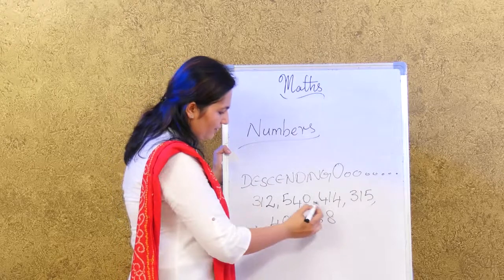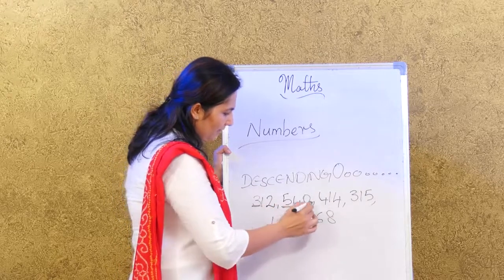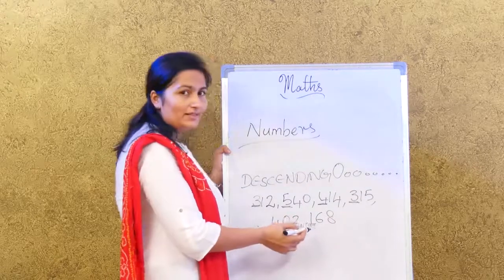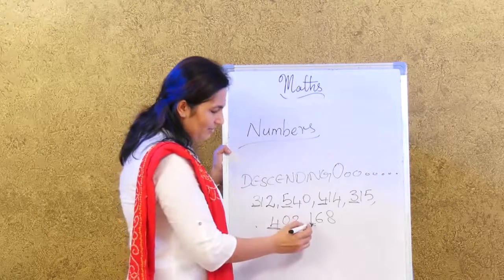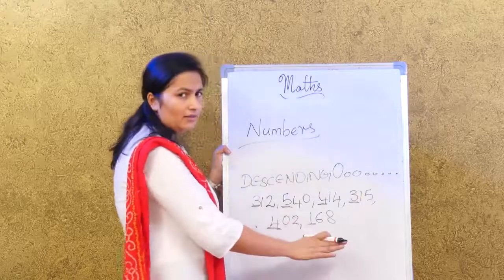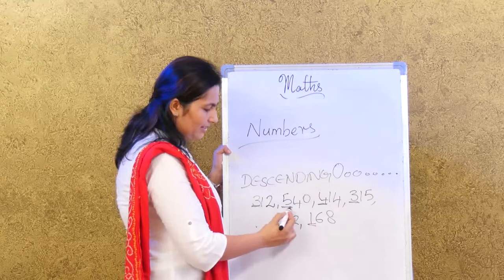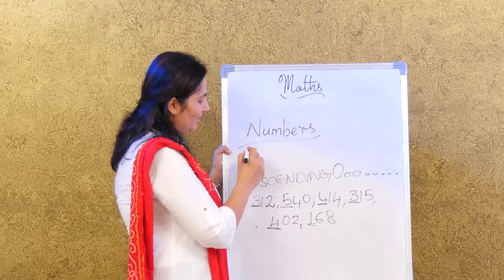3, 5, this is 3, this is 5, this is 4, 3, 4 and 1. Oh, we got the answer. So, this will be the smallest. Okay. So, we will keep it like that. And then we got the highest. So, highest is